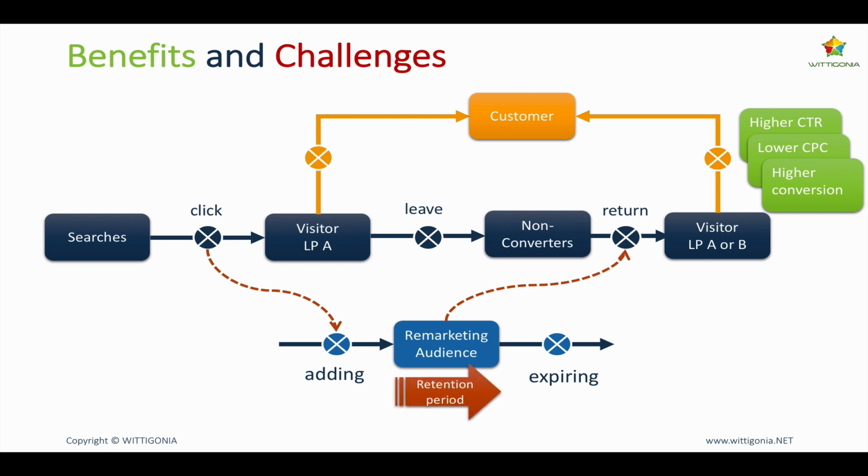The little bit challenging news here is that a remarketing list usually has a given retention period, which you can choose, but within a given range. Usually it's somewhere between 30 days and 180 days. On some platforms, it even goes up to 540 days. Now, that doesn't mean that a longer retention means that the remarketing list is then more effective. Because you have to consider, for example, that the customers' preferences change over time, which could be driven, for example, by